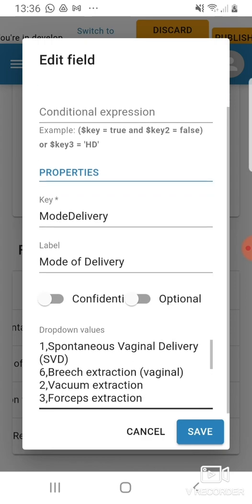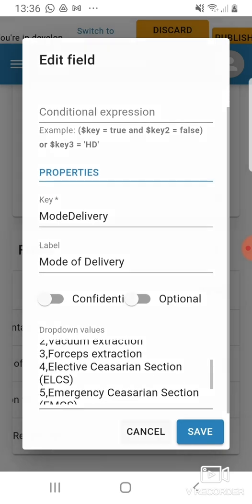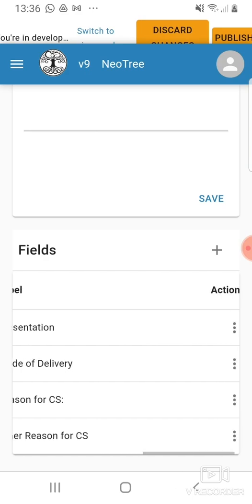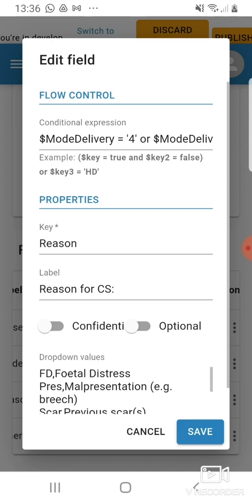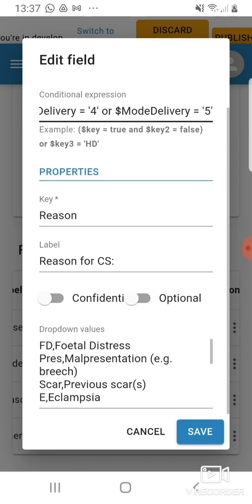7, and then if we cancel and we take a look at that conditional expression that we want to use here, for the reason for caesarean section we do have a conditional expression, and it says $mode delivery, which is referencing that mode of delivery data entry before, and it's saying if it equals number 4 or number 5, as in if it equals a caesarean section, either elective or emergency, then it's asking us to put in a reason,